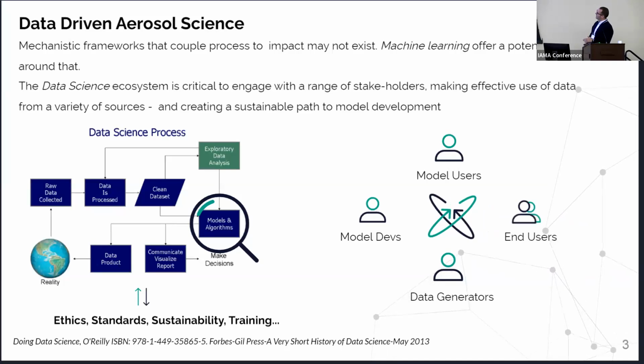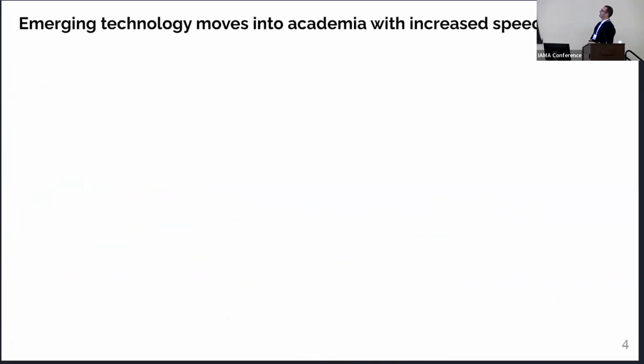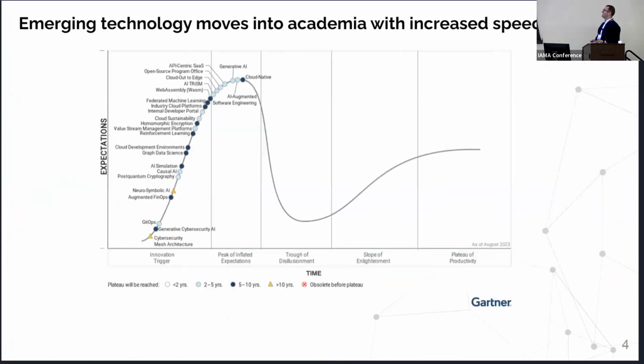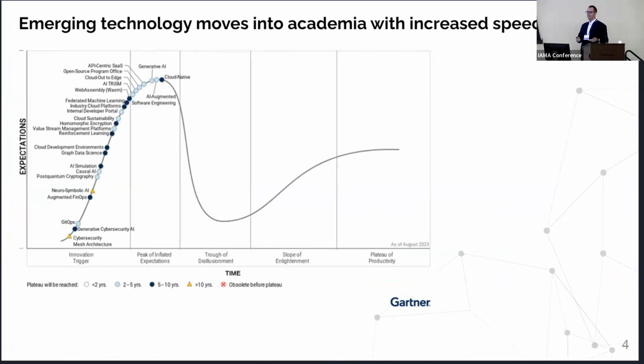So you'd imagine a linear process in the past that might have gone clockwise around that circle, but we're now seeing examples of just going straight from bottom to right, using data science frameworks. And that's a good and a bad thing. I'm not going to comment on that largely here. I think part of this is being driven by what we're exposed to and what we learn how to use in academic research. And I think the infiltration of emerging data science technologies is increasing with speed.